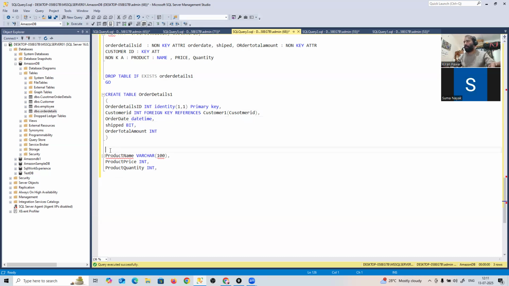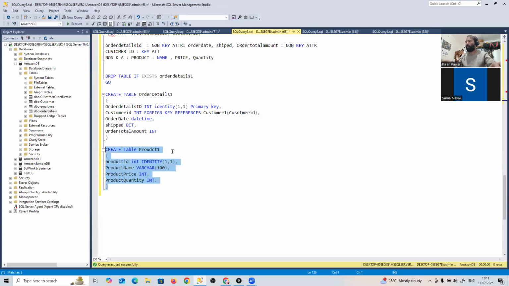So what I can do is I will first create my master table. Create table products, product one, let's say, and I can go and create here. I have to create a product ID, product ID integer, and that is again identity 1, 1. This is my product name, this is my product price, and this is my quantity, right? So if I go and create this table,